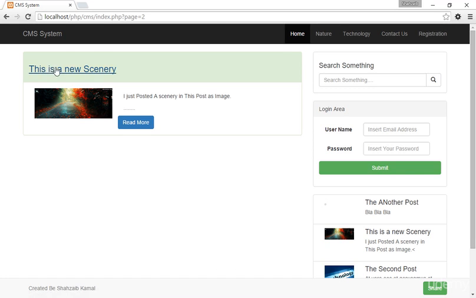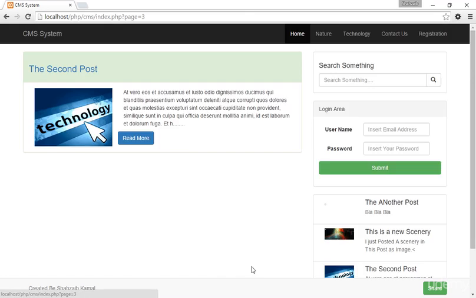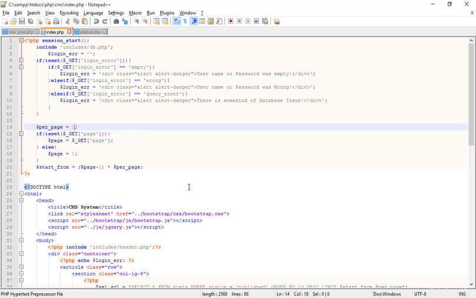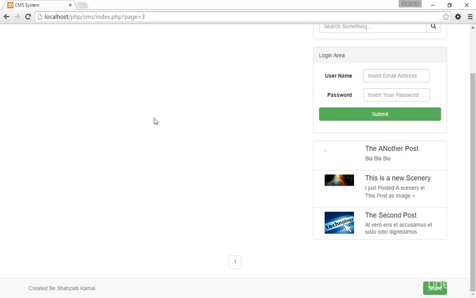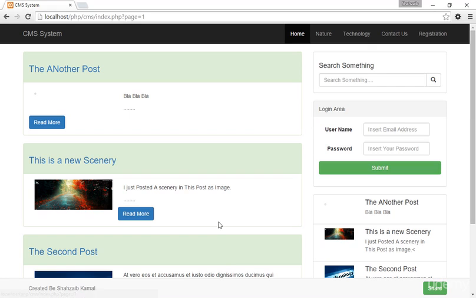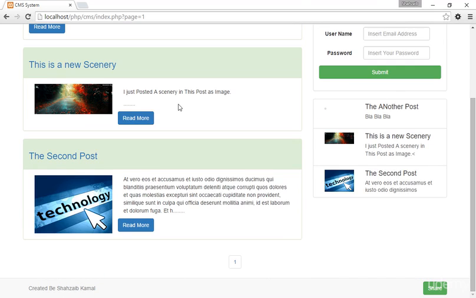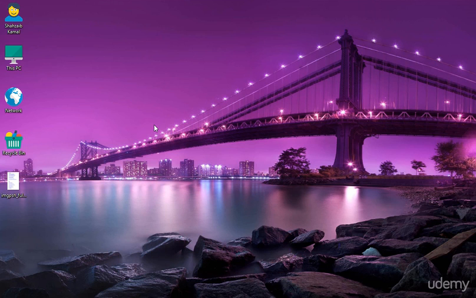But here is 2, 3. If I click 2, now I'm getting this is a new scenery. If I click on 3, now I'm getting the second post. Because all these posts are showing actually in the formula of 1 page and 1 post. Now refresh that. Now there is no page number 3. You know that here is the query of page number 3. If I click on 1, I'm getting all these results. So I hope you understood about the pagination. We'll learn some more things in the next class, so stay tuned and